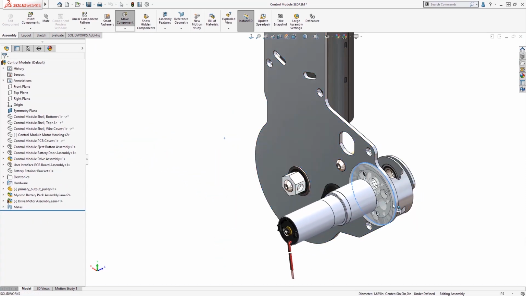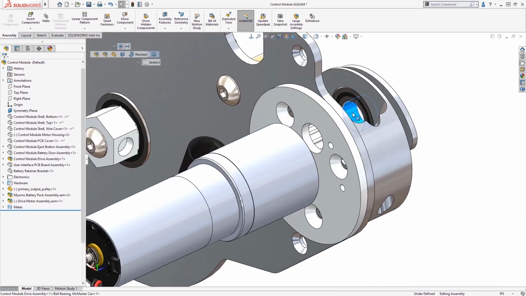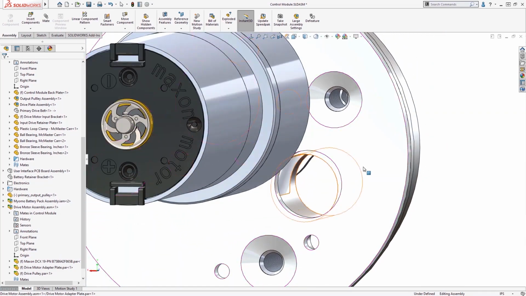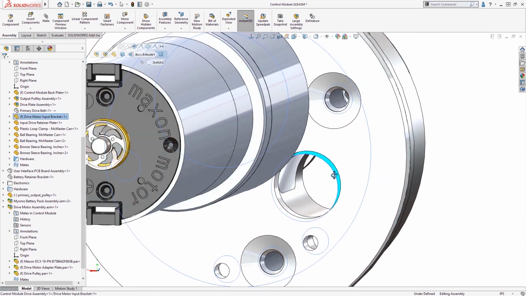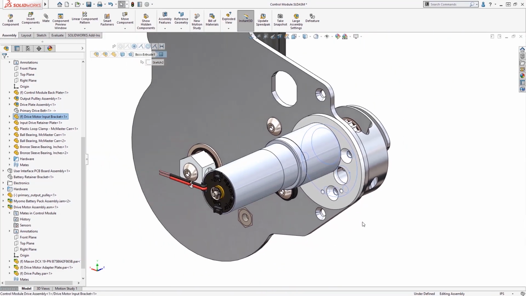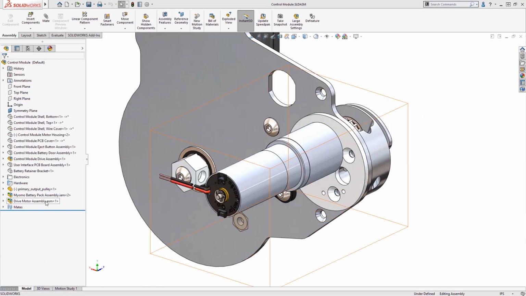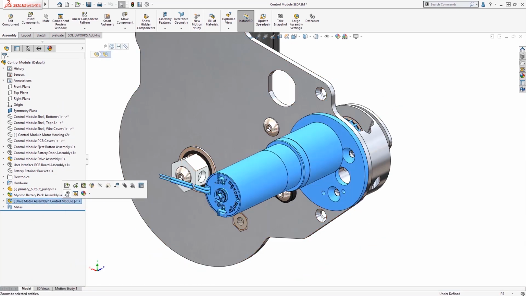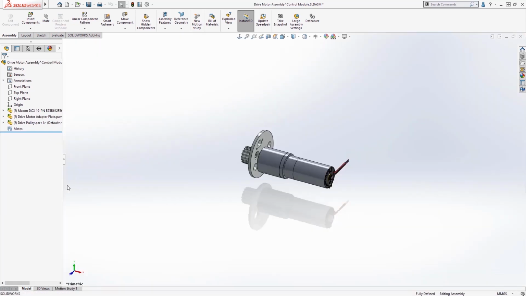As you can see, however, there's a hole that's not properly lined up. In this example, we want to move the hole so we can have our own adapter plate made for this circumstance. This is a case where you may want to break the link to select components and make your own parts and assemblies. To do this, you simply need to right-click on the assembly and choose Break Link. In the feature tree, you can see doing this has made a copy, utilising a virtual component, which you can save externally if you wish.